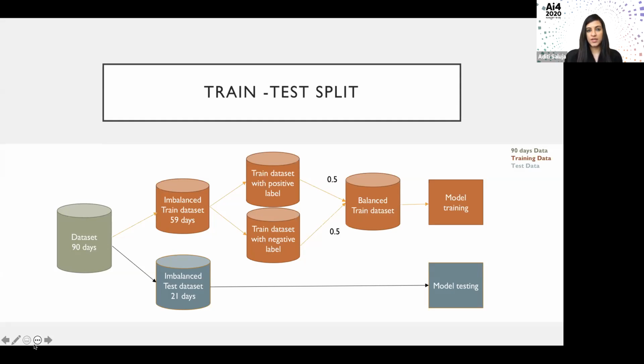And once the data was balanced, I trained my model. As you can see in the plot, I didn't make any changes in the test data because I didn't want to create any noise, and it wouldn't give me the right results if I balanced my test data as well.